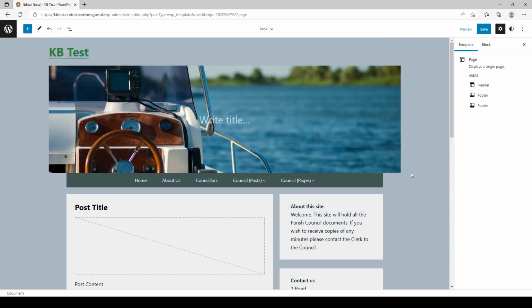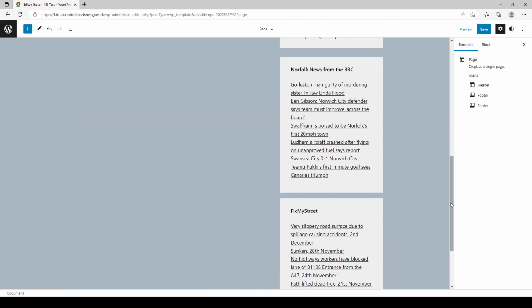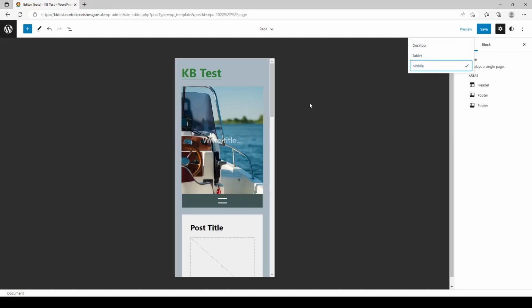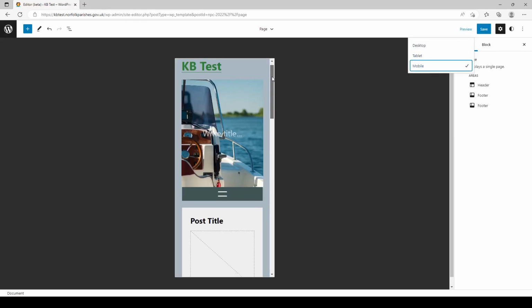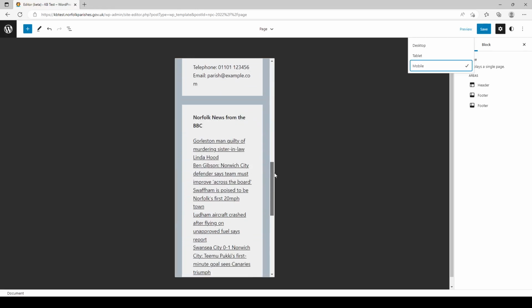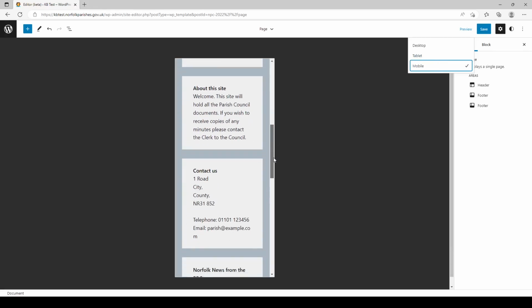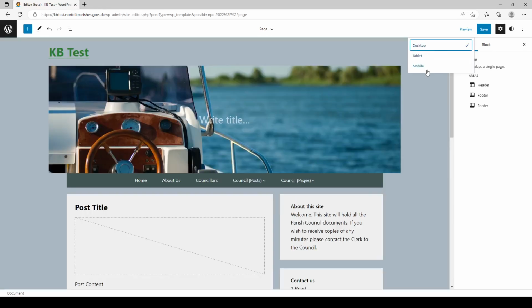So as we're making changes to the website, we can preview those changes. What you're seeing on the screen here is a representation of what you'll see on a desktop computer. You can change that with the preview button at the top right, and you can set that to either tablet or mobile. So here is a representation of what the site will look like on a mobile. These modes can only be used to check the content and see what the site looks like. Any changes should be made in desktop mode. So we'll revert back to desktop,